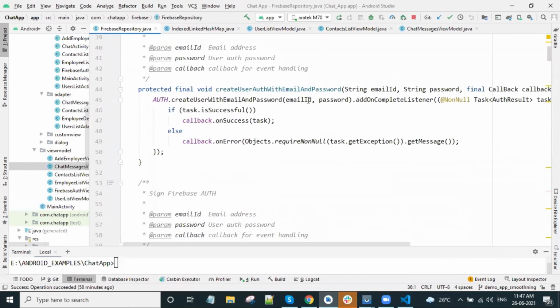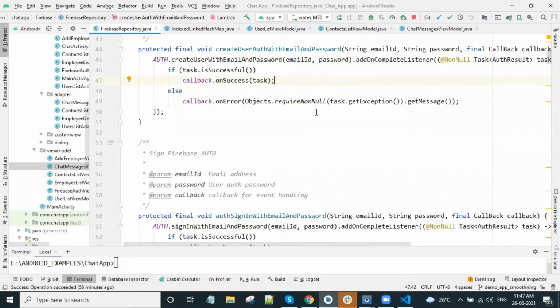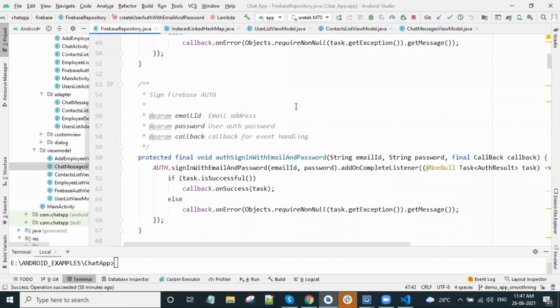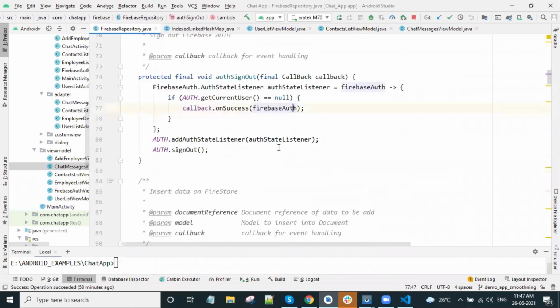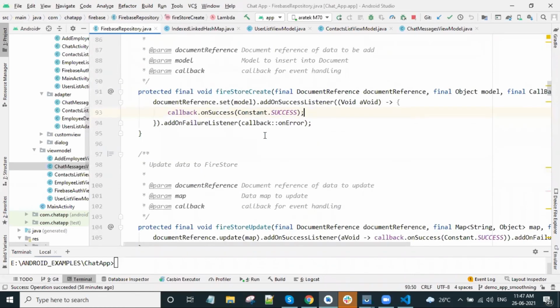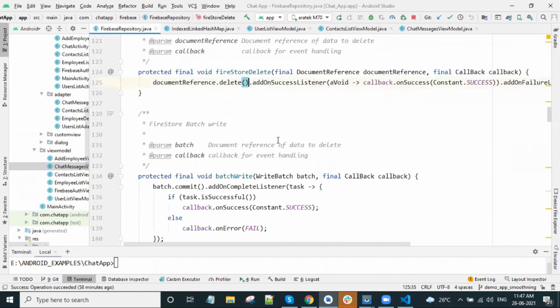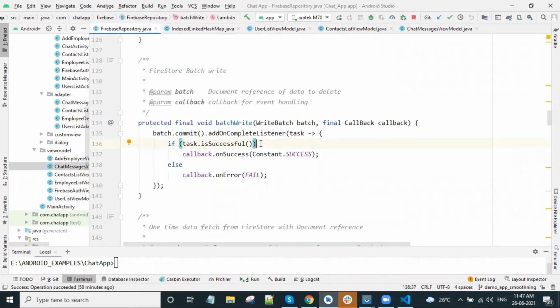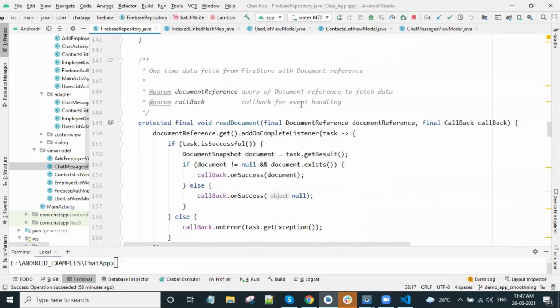In that, I have created login with email ID and password, create user, auth, sign in with email ID and password, sign out user, Firestore create and update, Firebase create or merge, and Firebase delete. I have also written batch write. We can write up to 500 records at once. This is the best feature provided by Firestore.